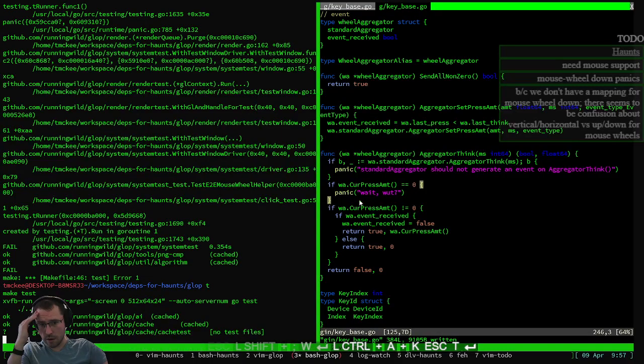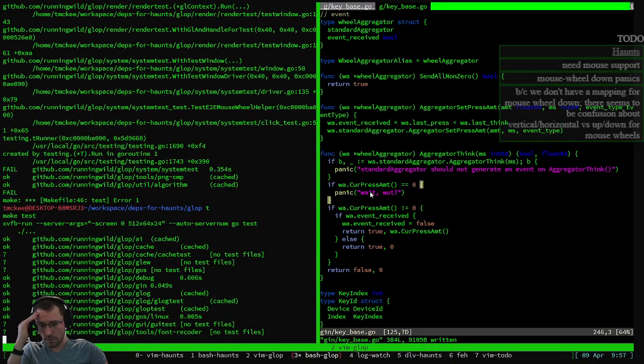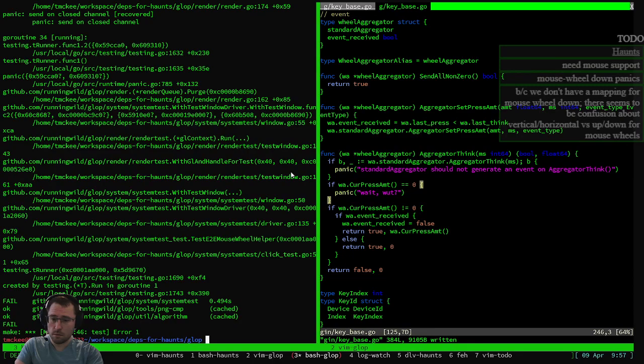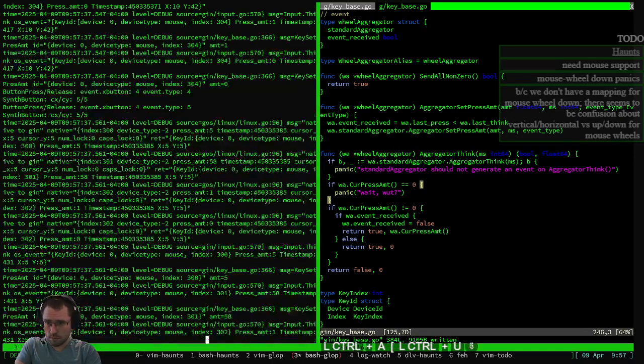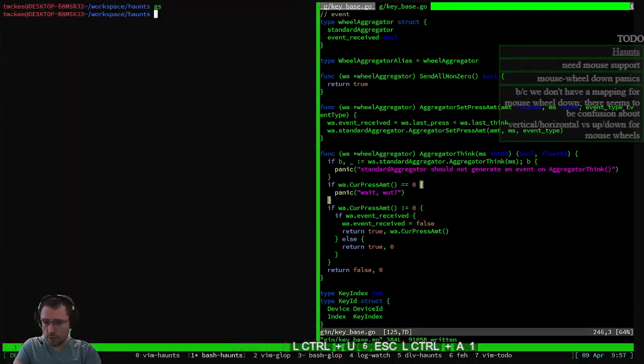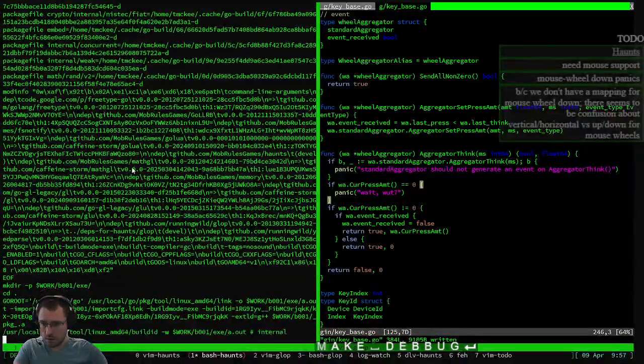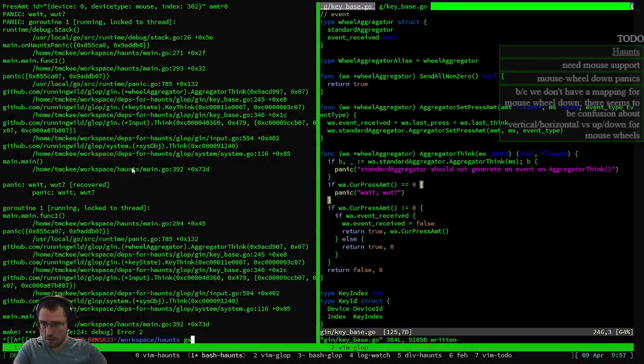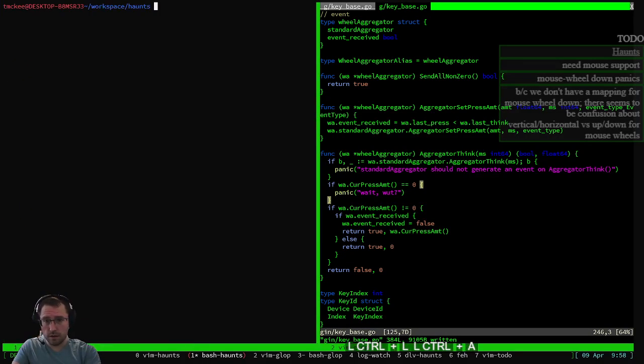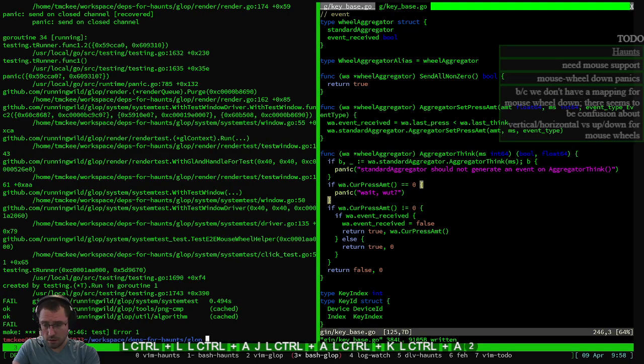We shouldn't see wait what. Same if we go to haunts and make it. We did see a wait what. I guess it's because another think came through. Maybe. But long story short, current press amount